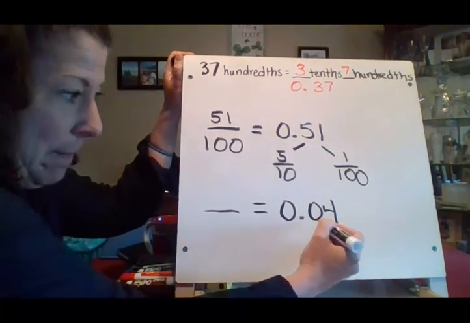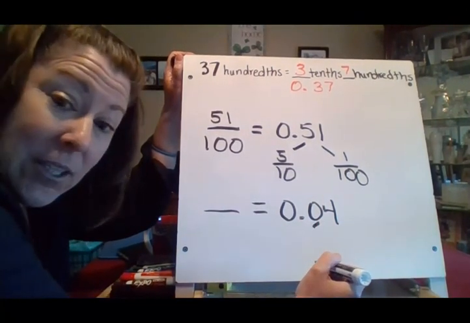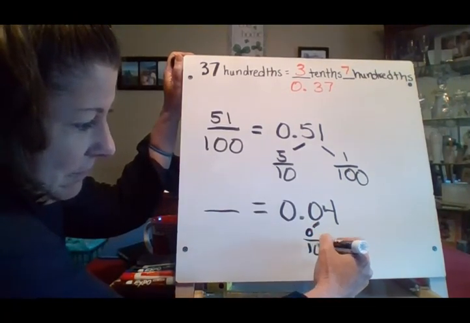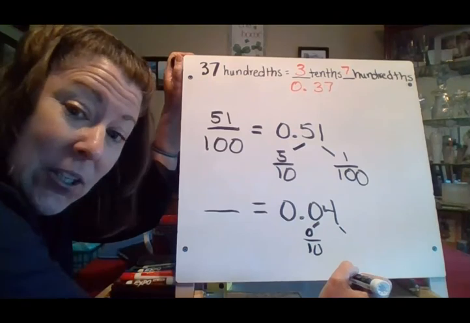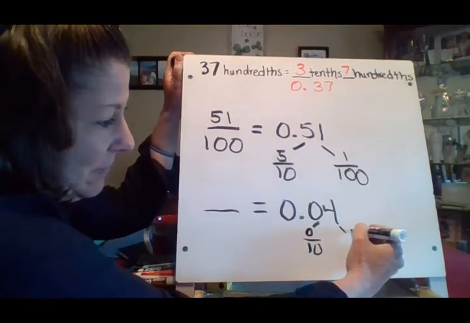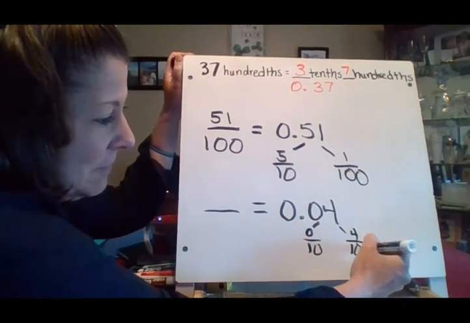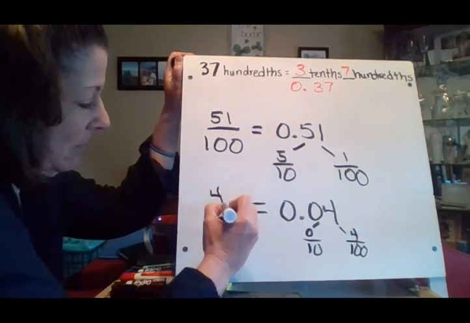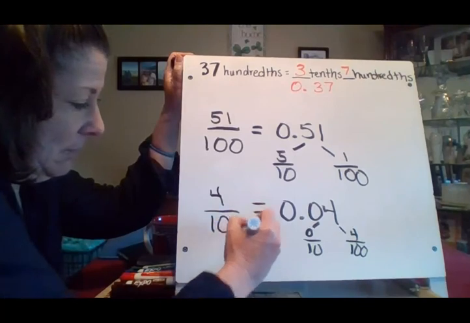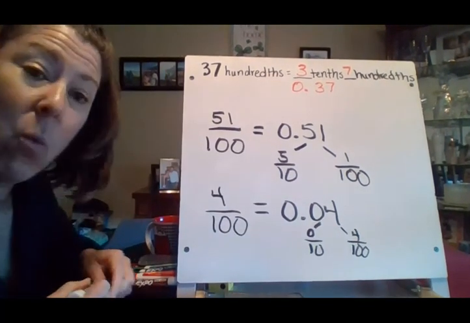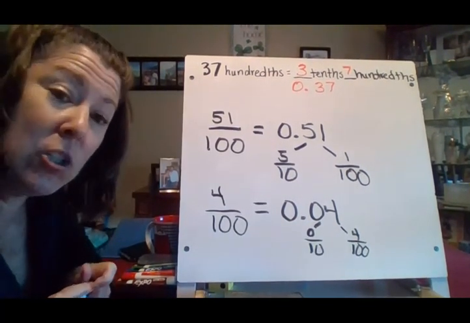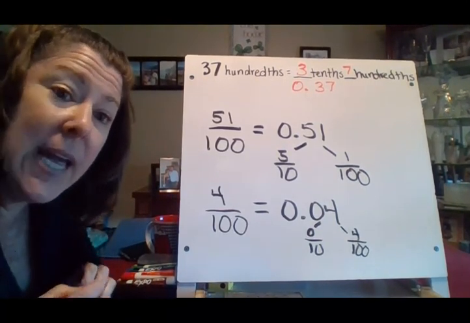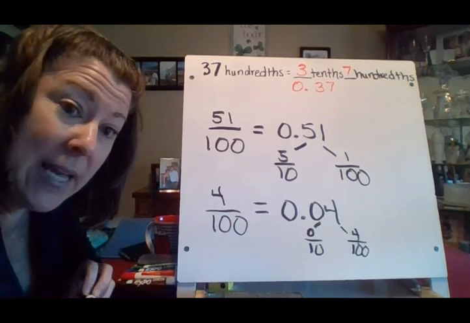Let's look at this one. Here I have 0/10. Here I have 4 hundredths. So that leaves me with 4/100ths. So now, since you're done with this video, you're going to go ahead and do your problem set for lesson 5,